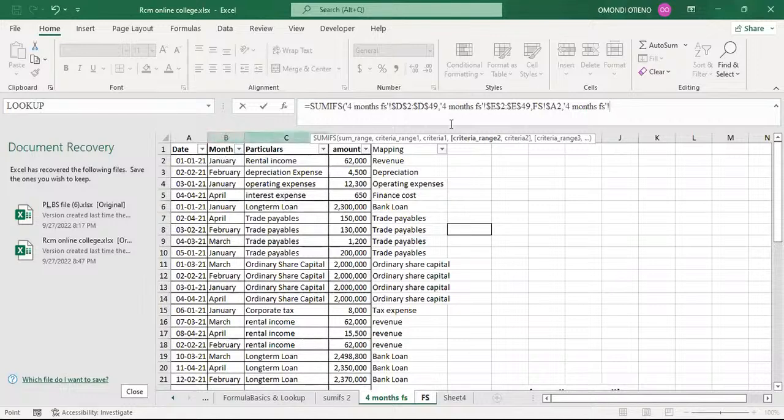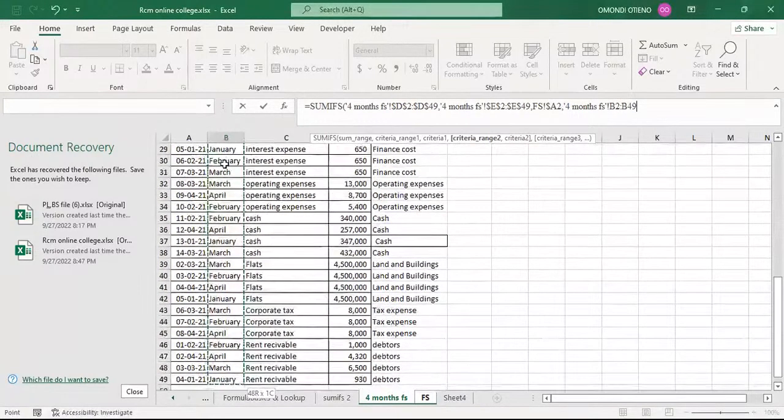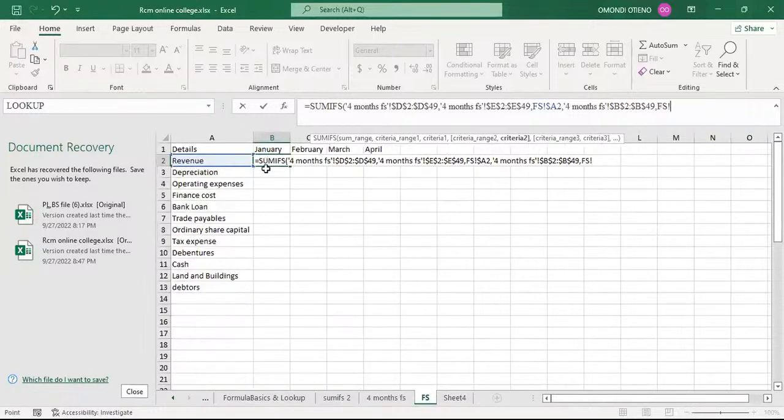So where are we getting our criteria range 2 from? Where do we get January, February? In column B. So place your cursor there. Control, Shift, page down, arrow. That is a range. And we were told that the moment we see the word range, it must be fully dollar referenced, comma,